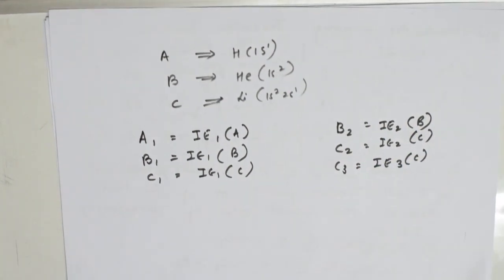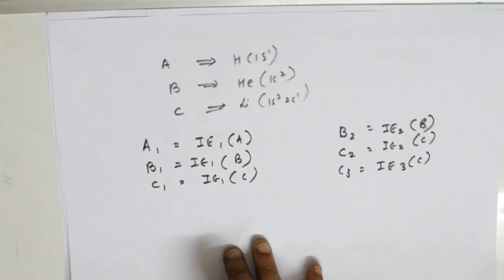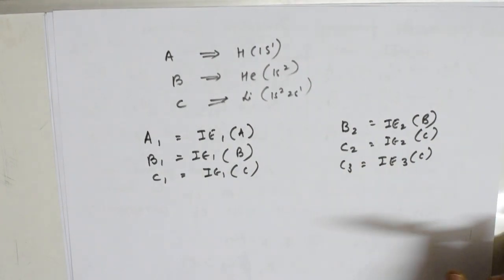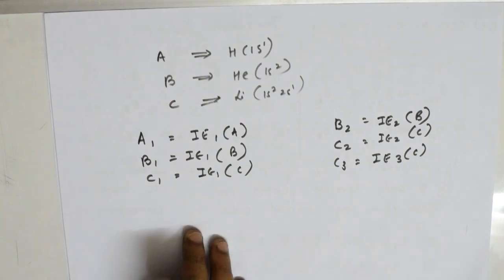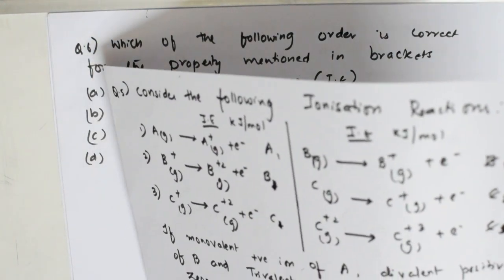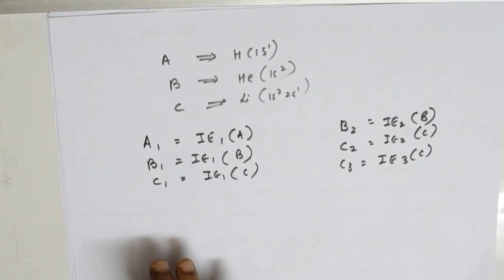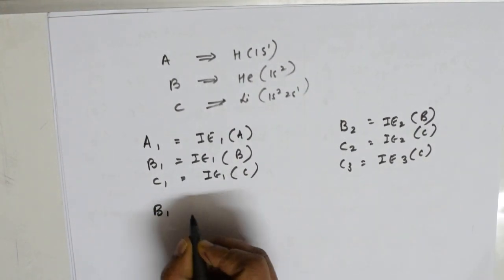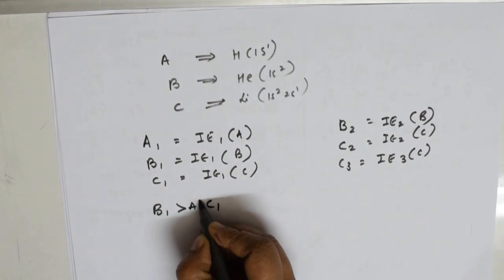Okay, so let me cross check with everything. Okay, done. Now here, what did they say? They said you have to find which is the correct order, right? So here, if I take all the options, the first option B1, A1, C1, they have given, no? Let us take one option and check, right? If I take this option B1, A1, C1, okay, here it is greater, right?